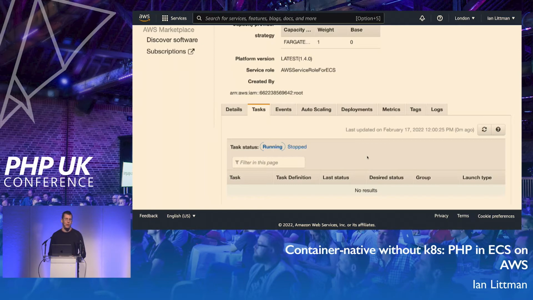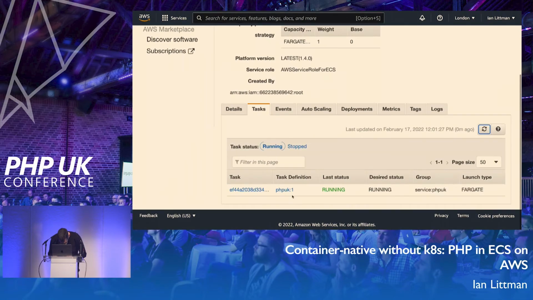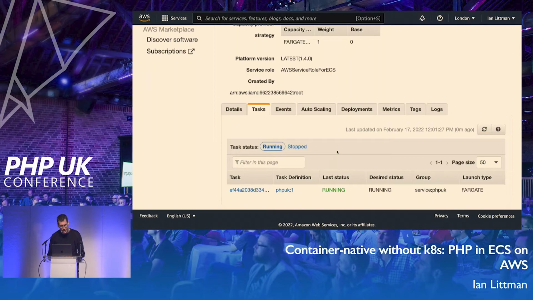Google Cloud Run is better about this, and also in its ability to scale to 0. Fargate, you can't scale to 0. ECS, you really can't scale to 0 unless you're just doing scheduled tasks. It's something to keep in mind that you will have a minimum cost here of whatever your container definition or your task definition is times one instance. So at this point, we have a running task there. And if everything's set up right,